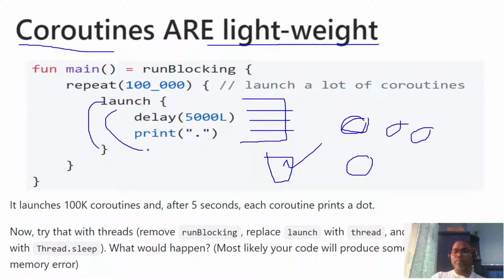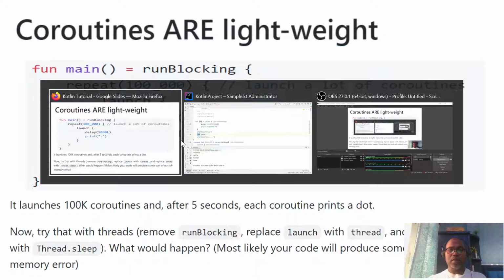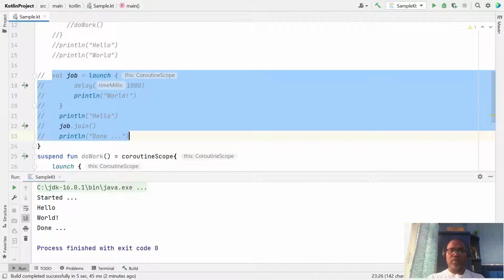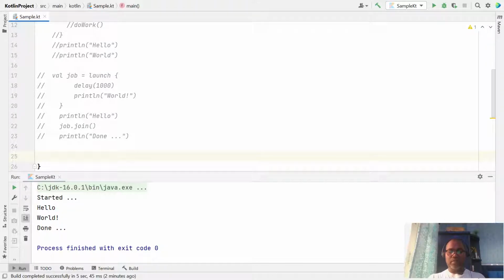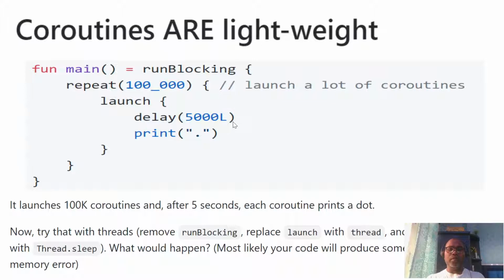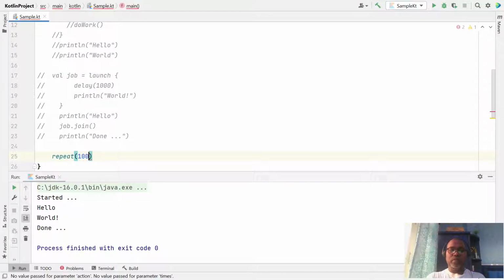So this is the way you can use this. Let's take an example. I want to comment out this code, and you can write another repeat block here, repeating a code, say 100 thousand times.